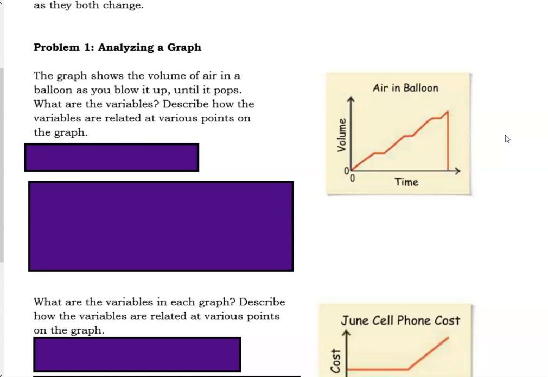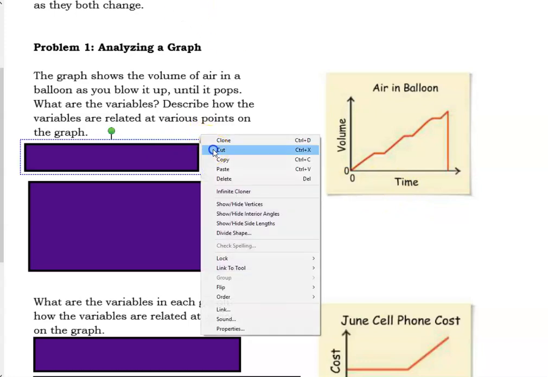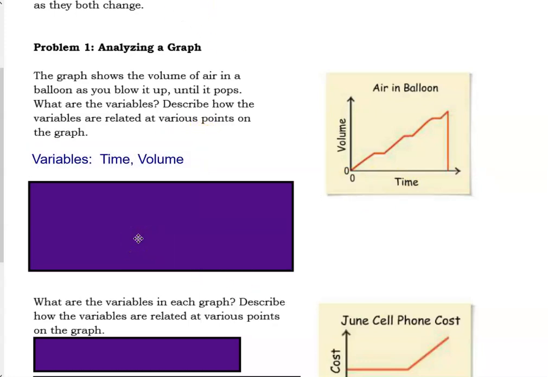Now remember, variables are amounts that change. So the things that are changing in this particular situation are volume and time. So our two variables are going to be time and volume. Time is considered the independent variable, and volume is considered the dependent variable. Volume is the dependent variable because the volume of air in the balloon depends on how much time we've been